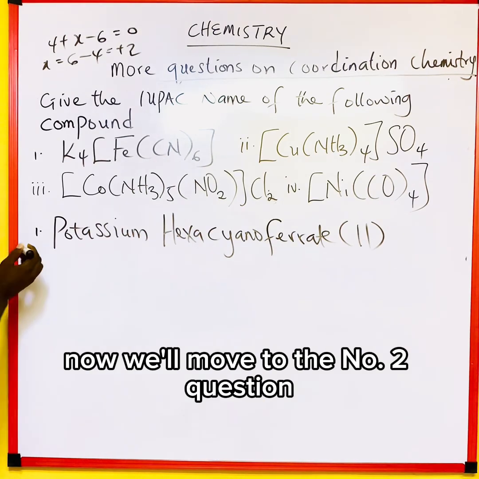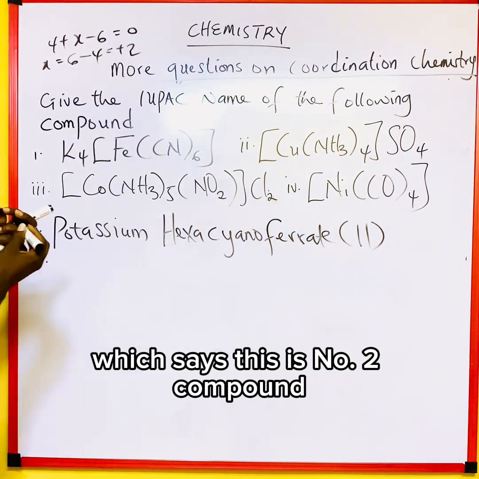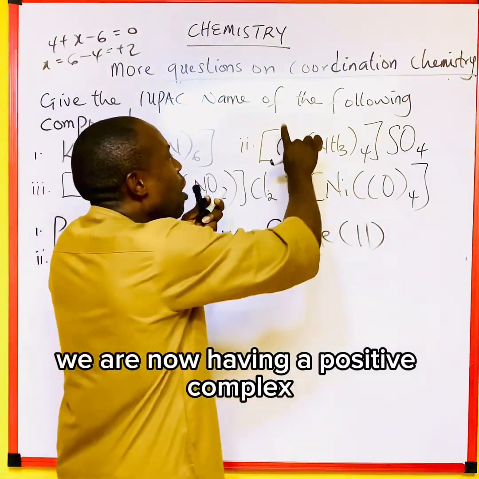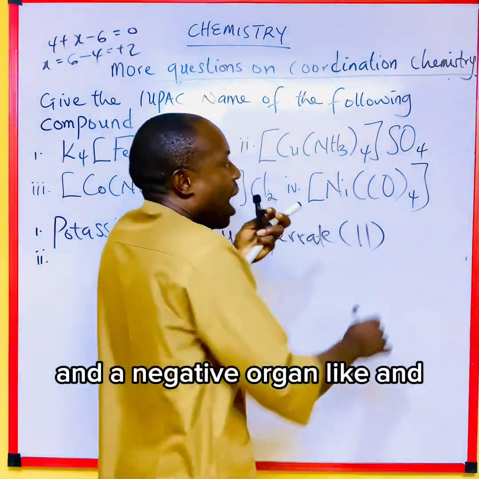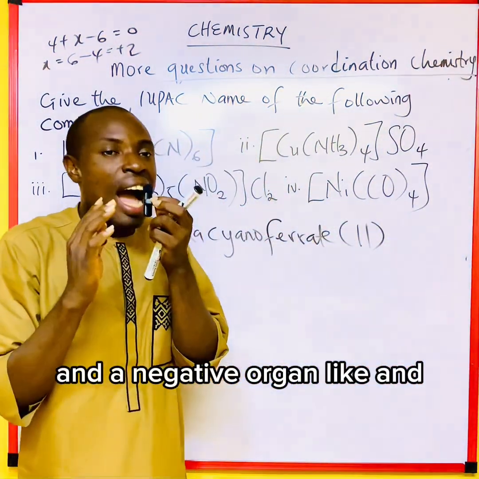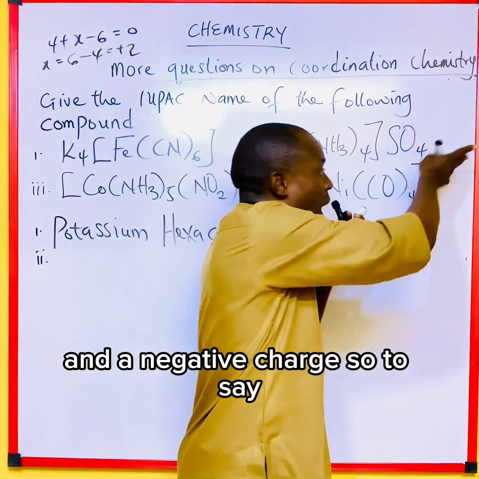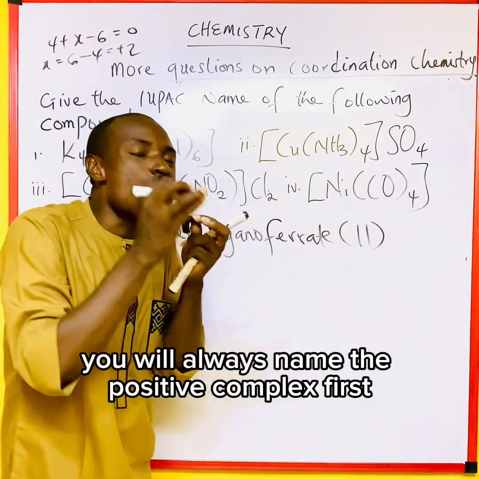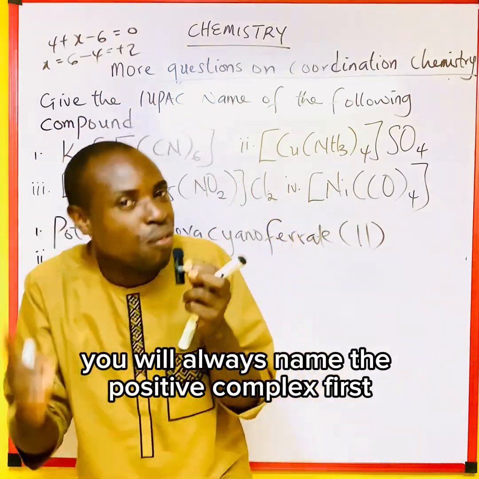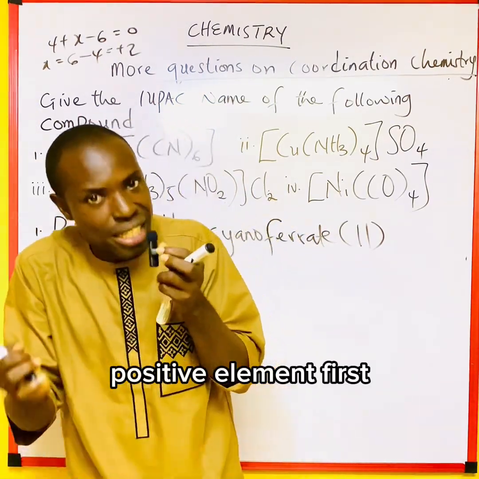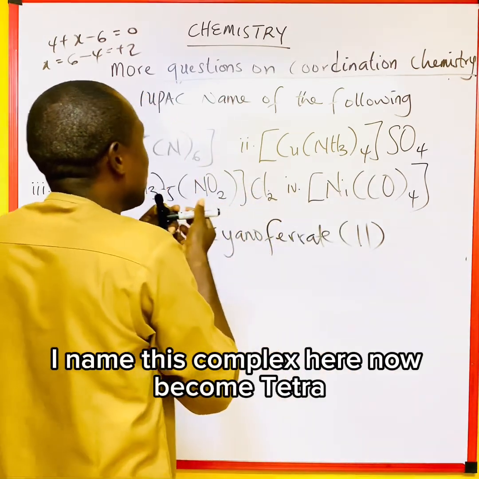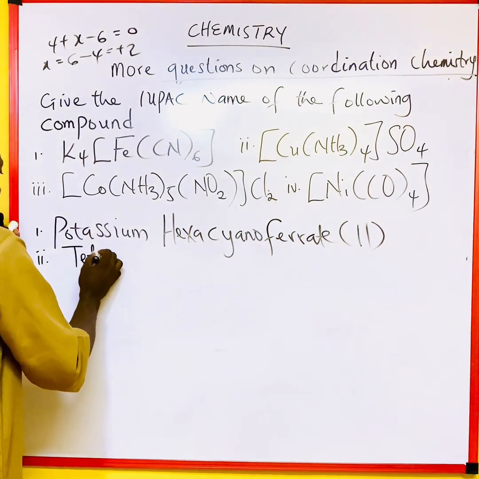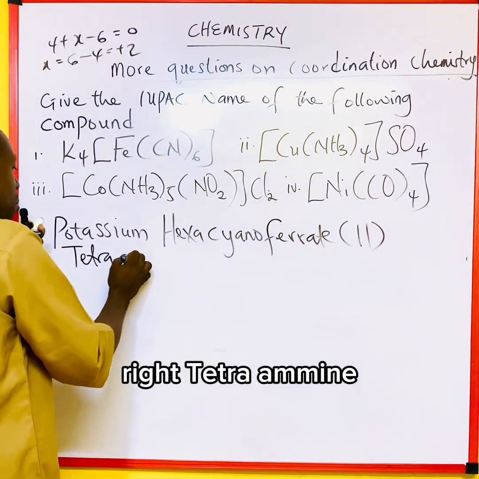Now, we'll move to the number 2 question, which says this is the number 2 compound. So now we are having a positive complex and a negative charge, so to say. So how do I name this? Remember, you will always name the positive complex first, the positive element first. Now, how do I name this one? I name this complex here. Here becomes tetra, right? Tetraammine,